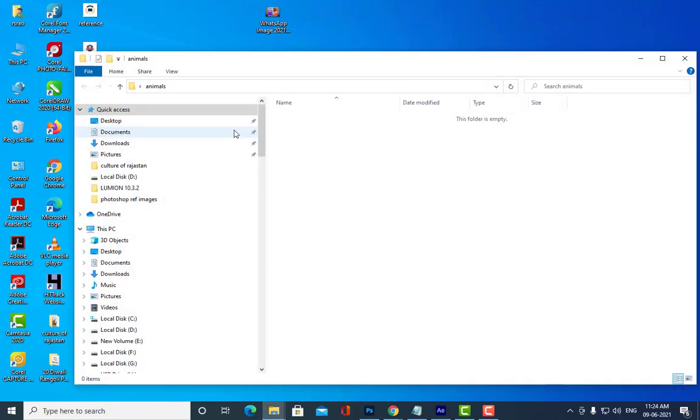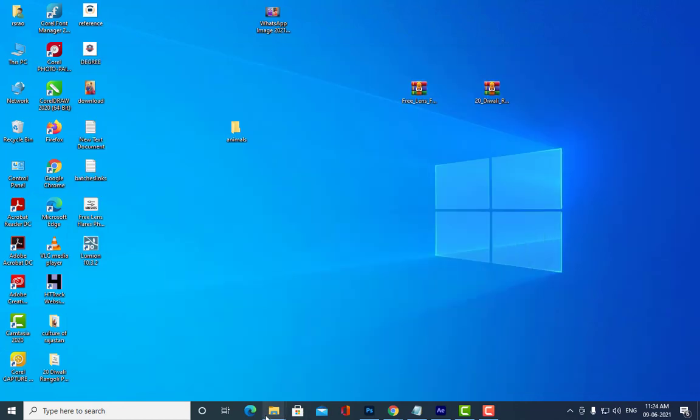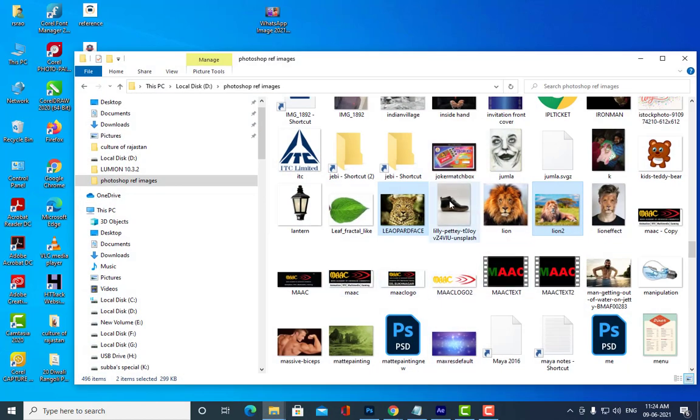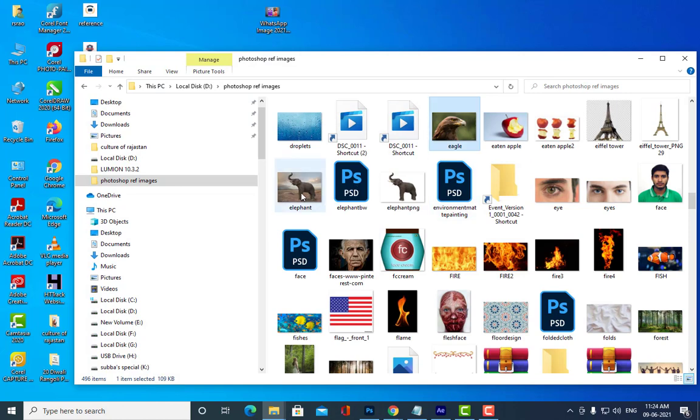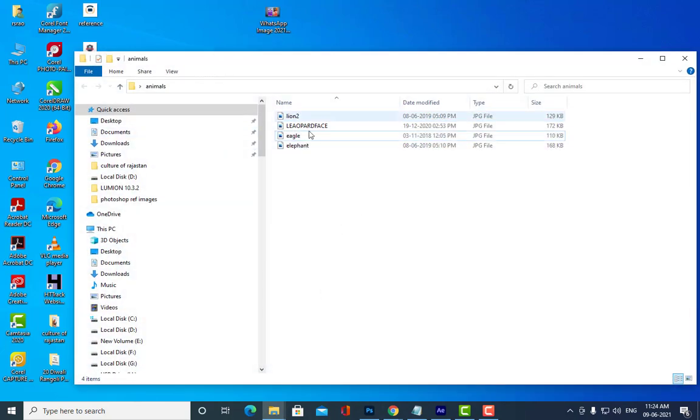Sir. I am actually taking the images of some animals here. So we have 4 animals: lion, leopard, eagle and elephant.